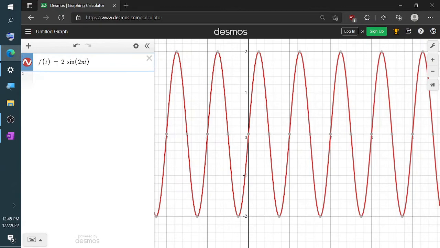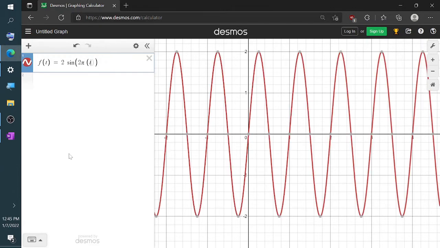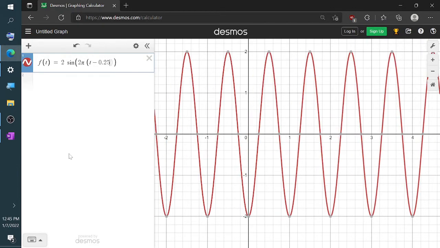So here was our original guess at a wave pattern, which did match in terms of amplitude, period, and midline. If someone also requires that the wave matches in terms of when it reaches certain positions, then I could use, for example, parenthesis t minus 0.25. And we can confirm, okay, in this picture, now the object is pulled down to its lowest point at time t equals 0, and then it's released and bounces up and back down, up and back down, up and back down.